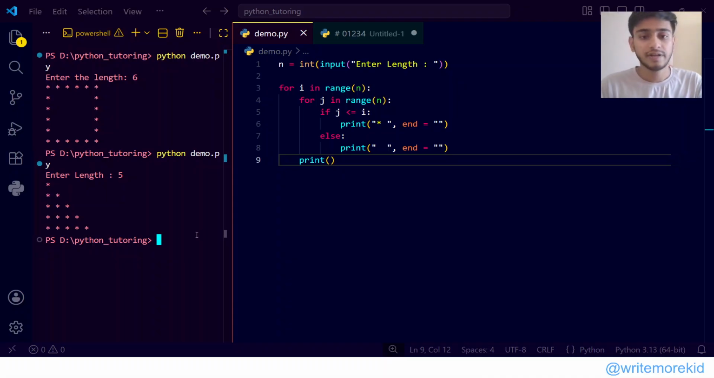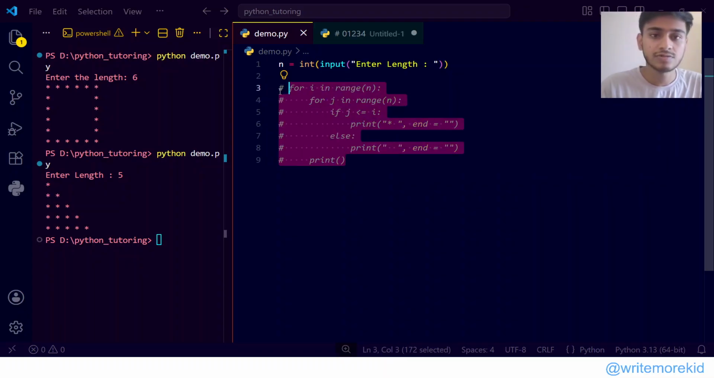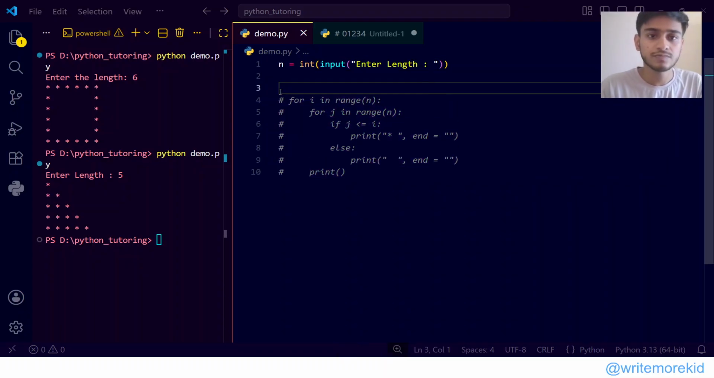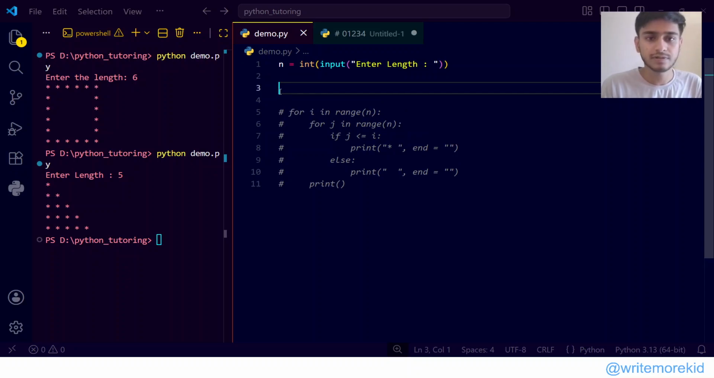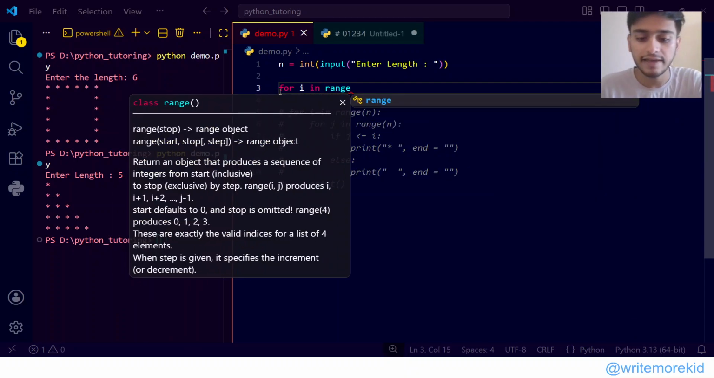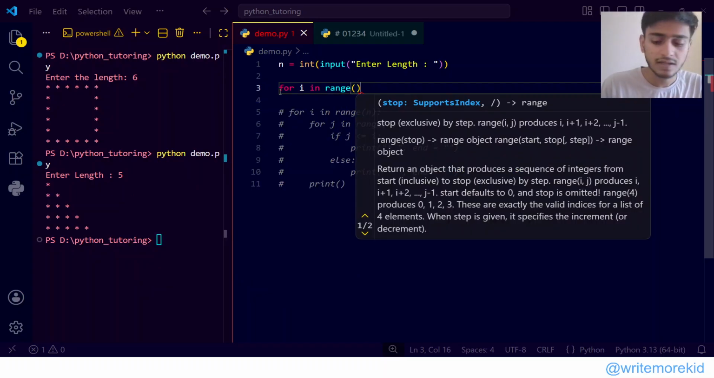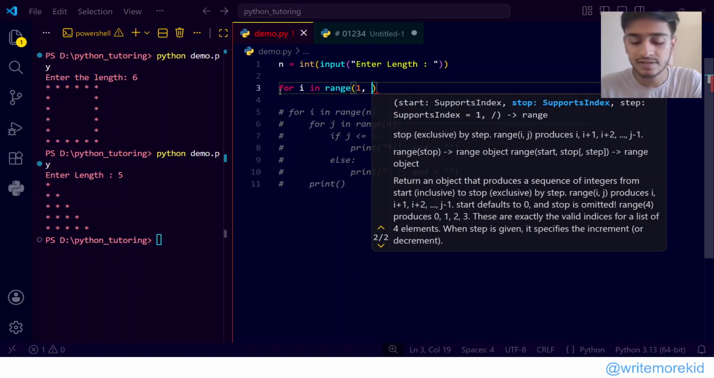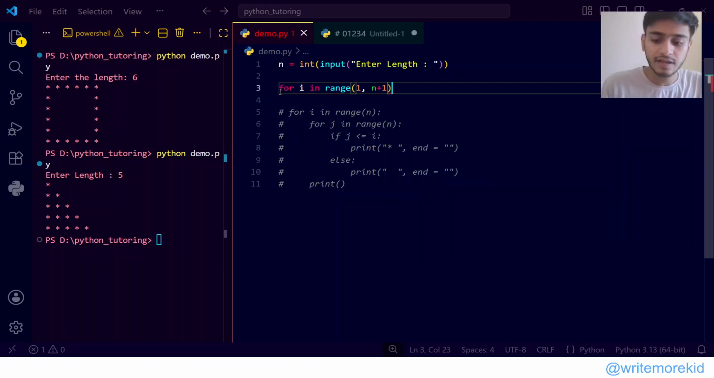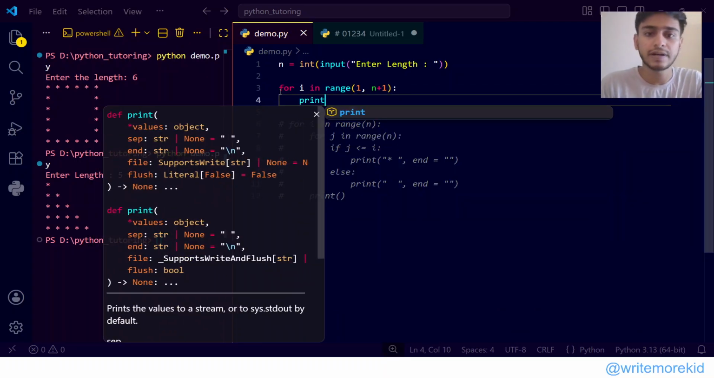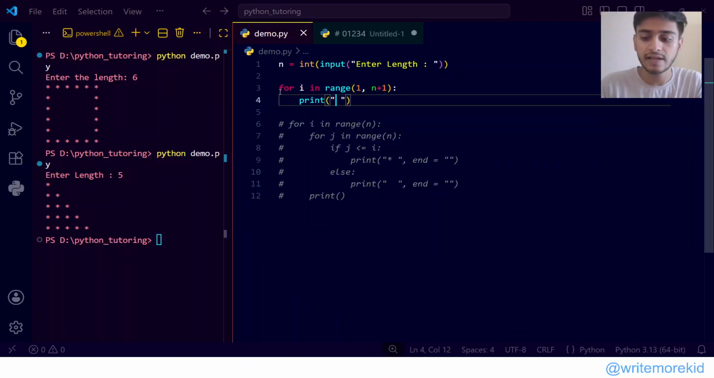So another way to achieve the same output is you can do string manipulation. So for string, we won't even need a double loop or nested loop. We can achieve it using a single loop. For I in range, I'll use this and I'll print this asterisk